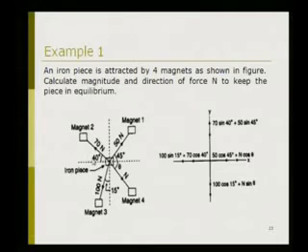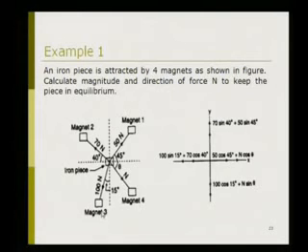First is the horizontal component. Again, the angle is made with respect to the x axis, so the x component will be cos and the y component will be sin. This x component, which is acting on the left hand side, is 70 multiplied by cos 40, and the arrow is shown in the left hand side direction. The vertical component of this 70 Newton is 70 into sin 40, which is in the upward direction.